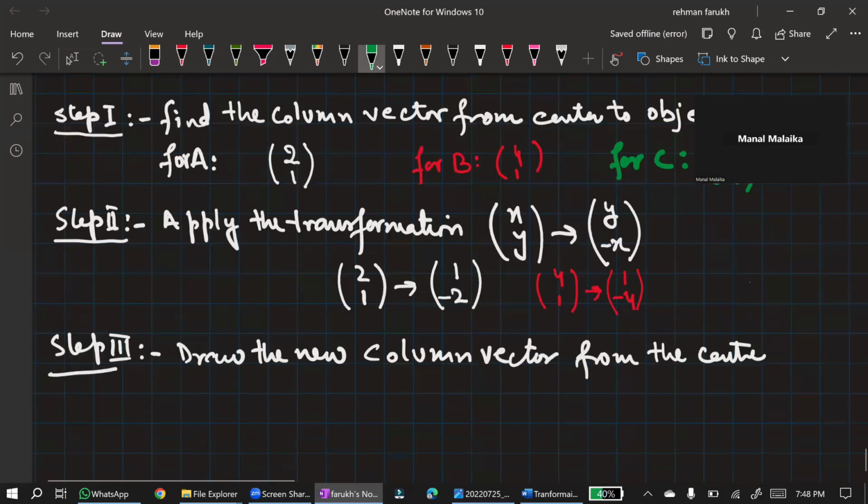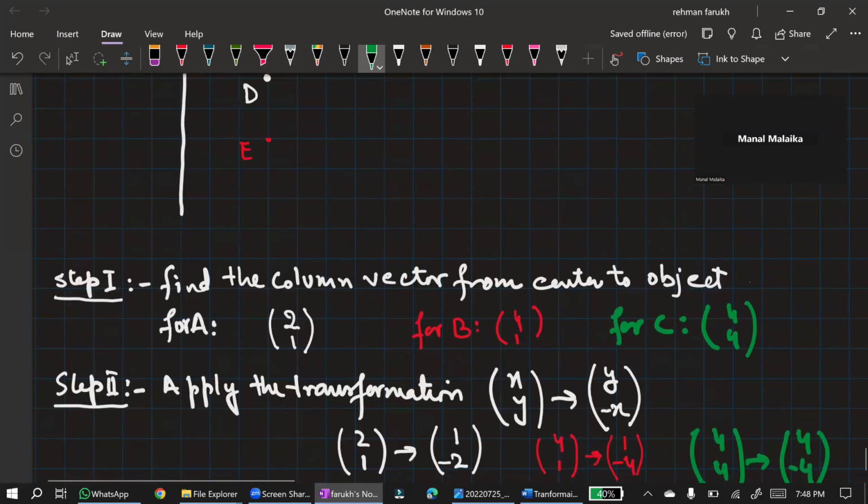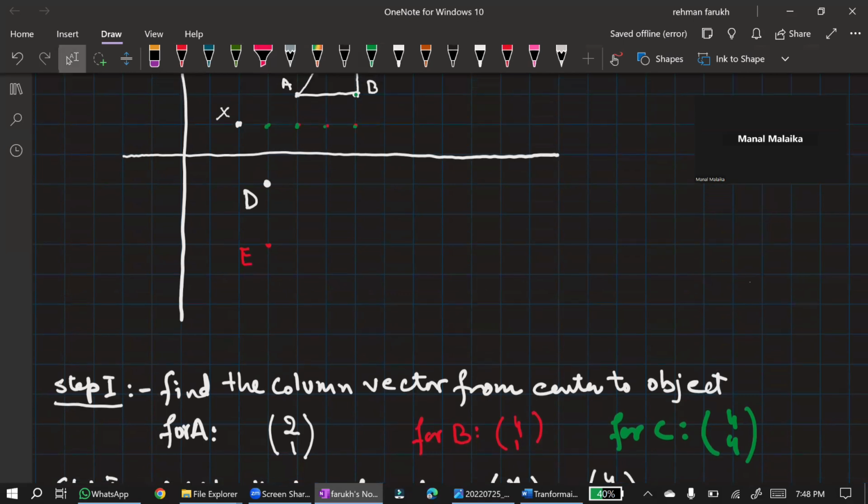Is there any confusion? No, sir. Now, after applying the transformation (x, y) to (y, minus x), the new column vector is 4, minus 4. Now we will draw this new column vector from the center. Stand at X, 4 towards the right, 4 down. This one is the point F. Now the new triangle formed is